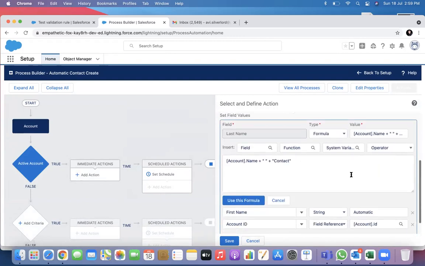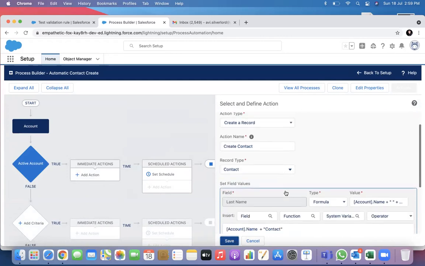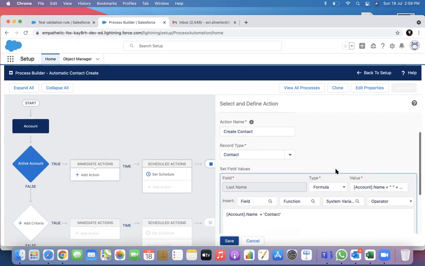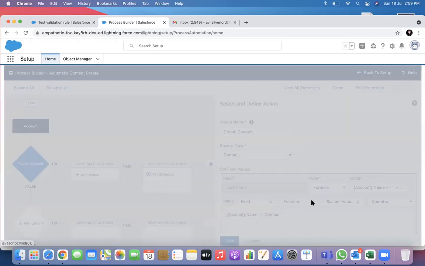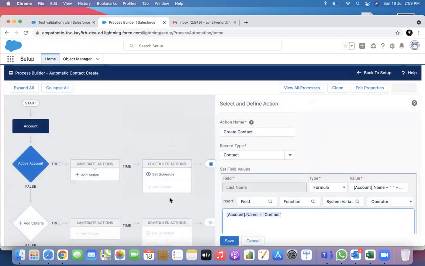Invalid. What is invalid? Let's see this. Let's start from fresh.